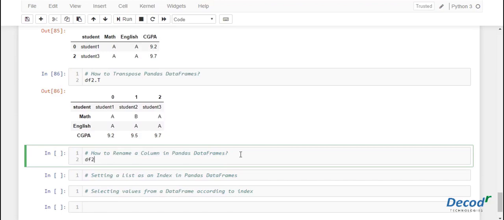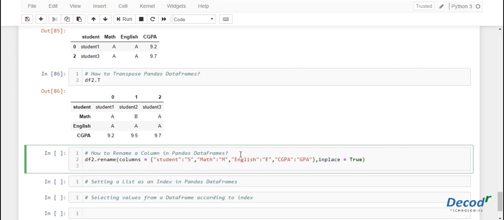Initially let's write the data frame name followed by the rename function, columns is equal to, suppose you want to change the student column name to S, math column name to M, English column name to E, and CGPA as GPA, and we are changing the actual data frame, so you will type inplace is equal to True.